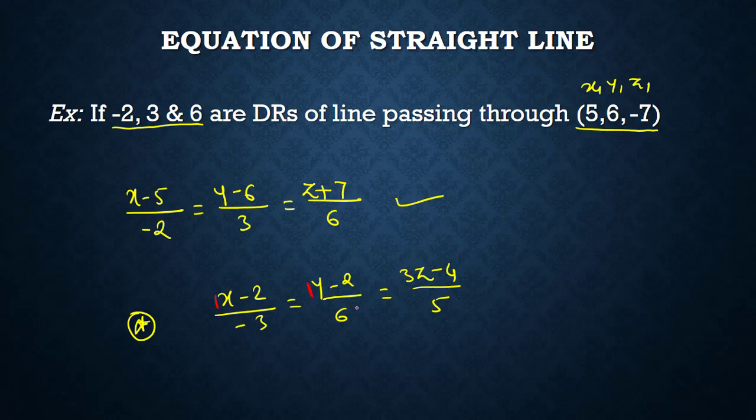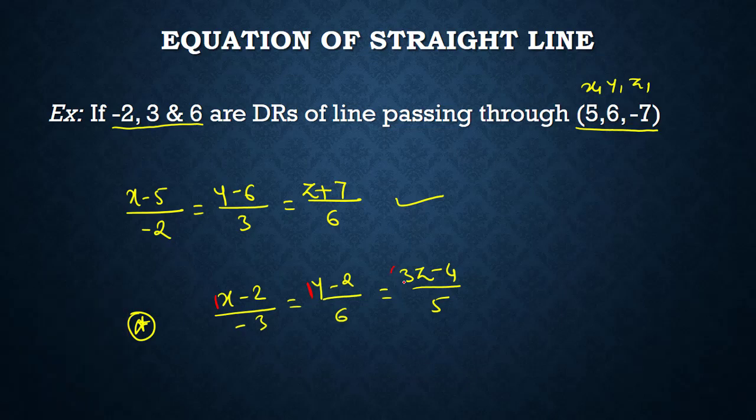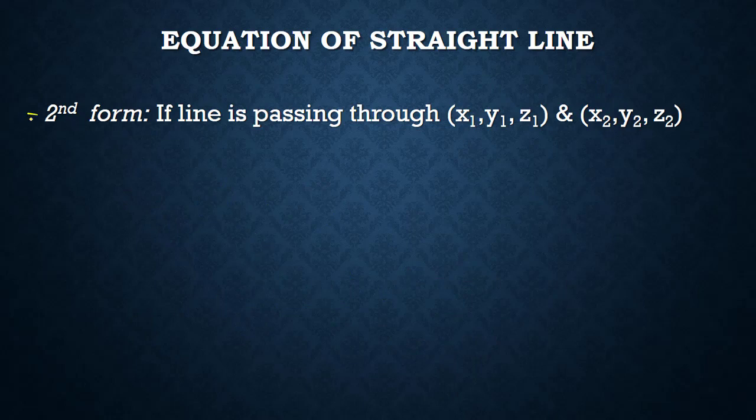So if it is 3, then how will you make this 3 to 1? Just divide by 3 on both sides, numerator and denominator both. So this becomes (z minus 4 by 3) upon 5 by 3. Now you can see all the coefficients of x, y and z become 1. So what are the direction ratios of this line? It is minus 3, 6 and 5 by 3. These are the direction ratios of the given line. Getting it? Very good.